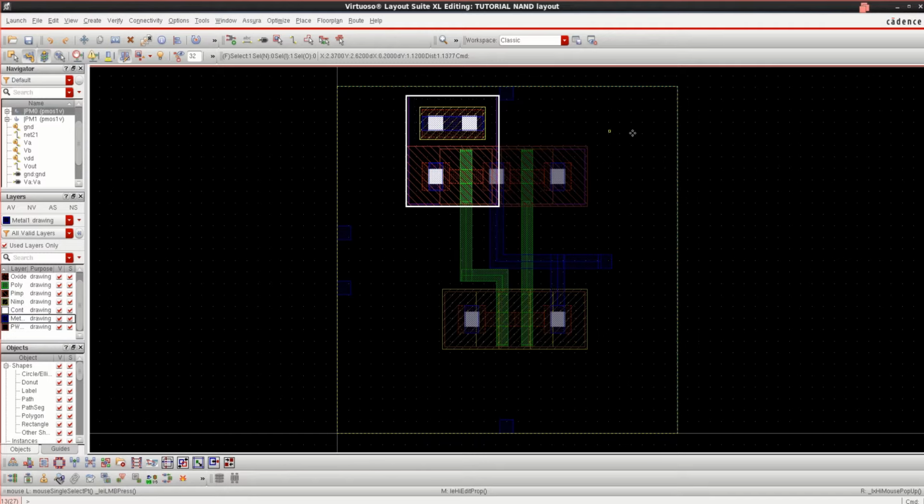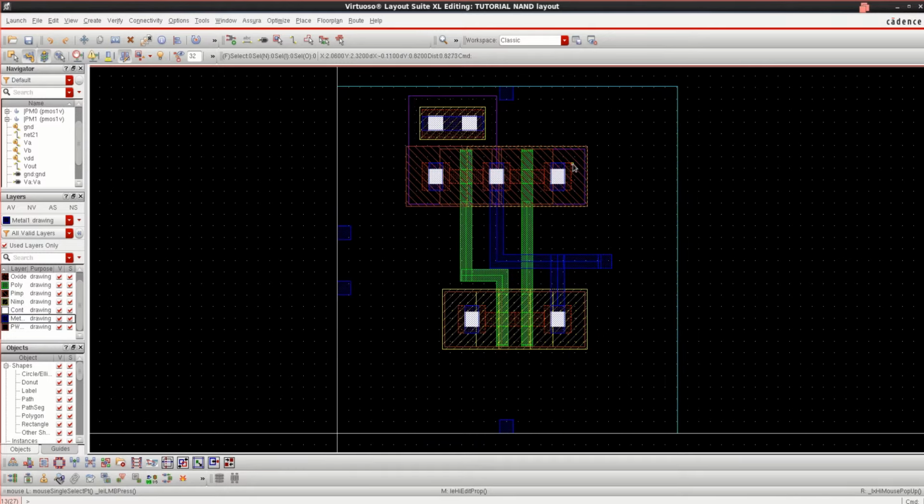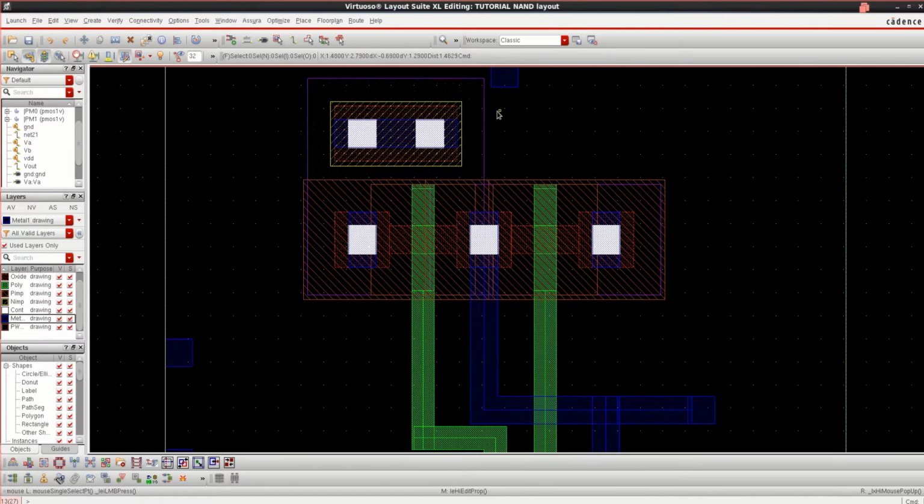I can create one more here, but instead of that, what I can do is draw the well. This is the n well. So this area is vacant for this cell. So what I will do is use the n well drawing. Select the n well.